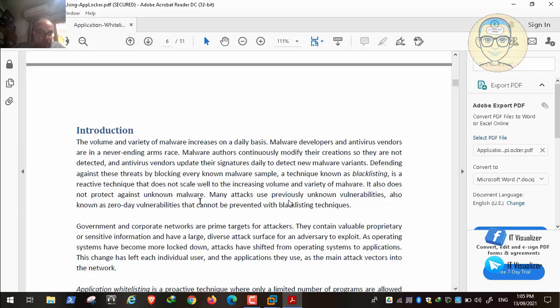Anyway, he's saying here in short that the antivirus can help you protect your machine against known malware and viruses, but it will not help protect you against unknown malware and viruses. Okay, so the AppLocker technique is another technique that will help protect you against unknown malware and viruses. This is written here. Government and corporate networks are prime targets for attackers. This is very clear. They contain valuable property or sensitive information and have a large, diverse